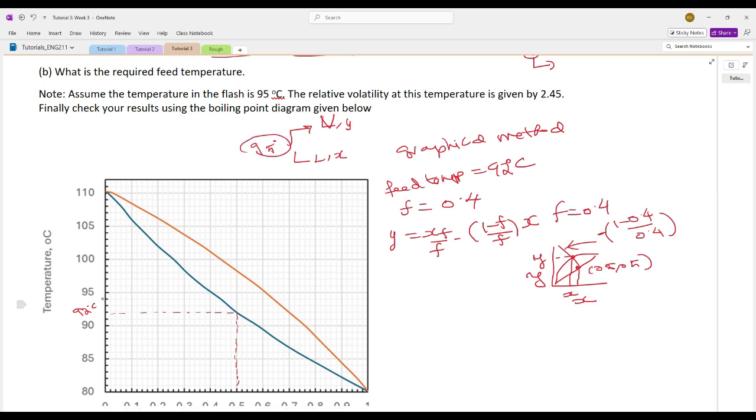So if the flash column is maintained at 95 degrees centigrade, then the expected mole fraction of A in the vapor side should be equal to... so x should be equal to,